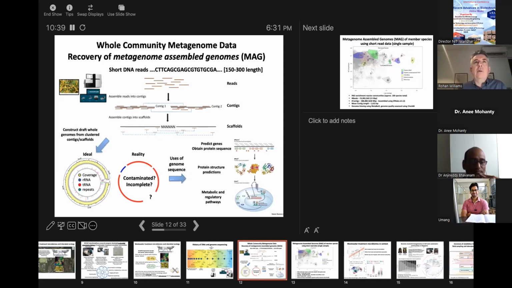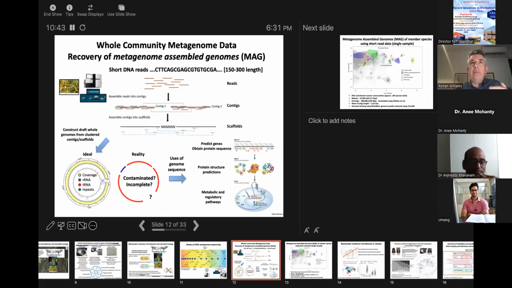So how is this work oriented? Well, we're interested in genome-resolved analysis. We extract all the DNA from one of these samples, we sequence it on one of these instruments, and in the case of Illumina, we end up with many, many short DNA reads. There are many ways this data can be analyzed, but I think the field is converging on the use of assembly-based methods as a kind of standard. Each of these short reads is combined by a computer algorithm back into slightly longer stretches of reconstructed DNA that are called contigs.